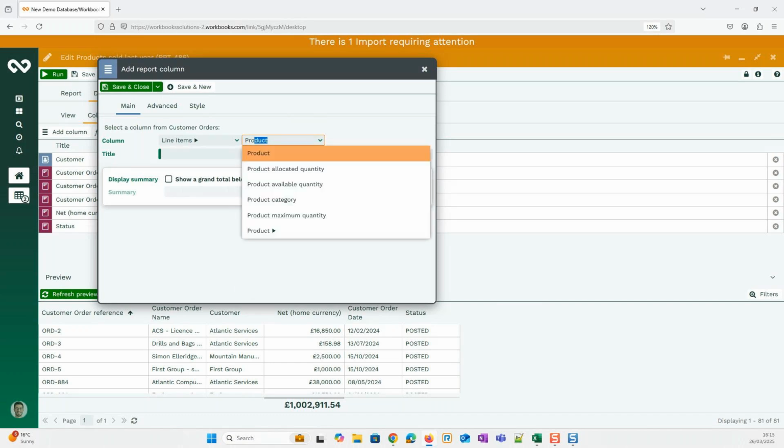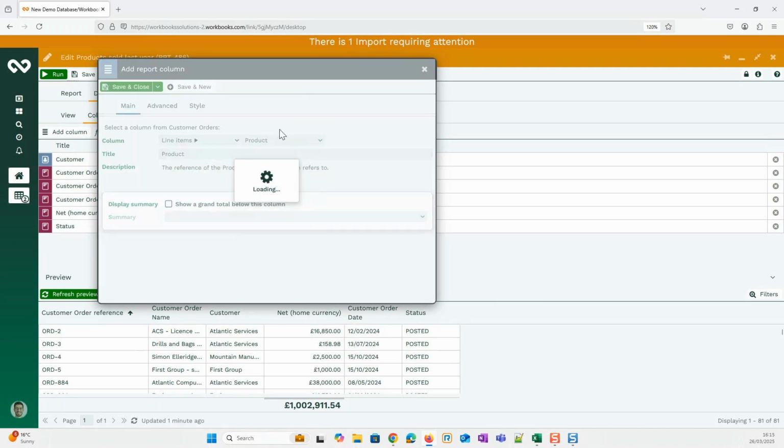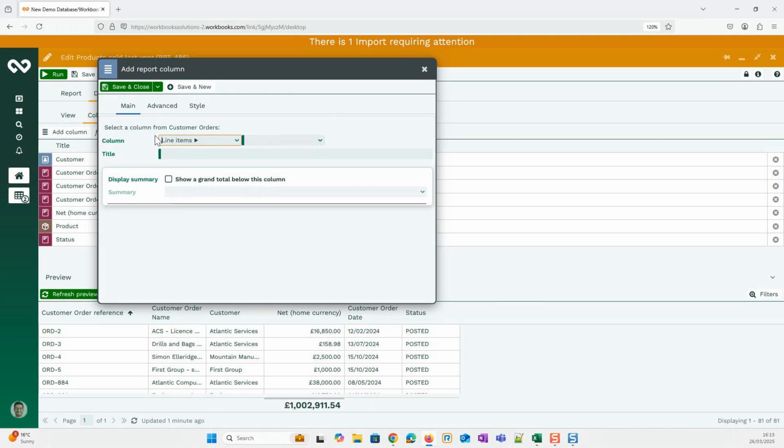So a good tip here is, if you're building a report where you know you want to include multiple fields or columns from that secondary record type, then if you select Save and New, it will add the column that you're trying to store, but it will also keep that initial drill through, so that it saves you time adding those next fields and columns. So the next columns that I want to add are quantity,